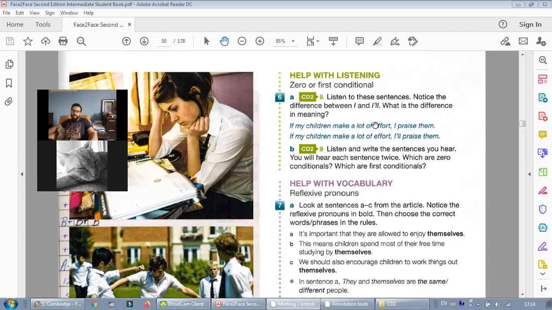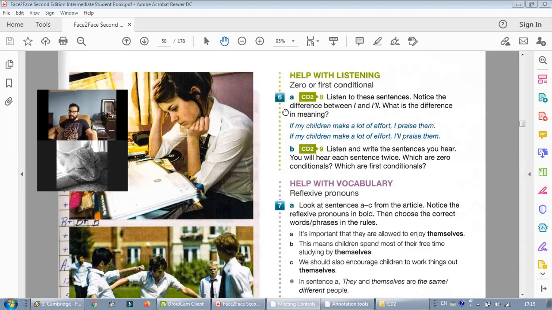The first example, this is someone who's speaking about his routine or how he normally deals with his kids or her kids. This is what they always do every time. They make an effort, they get praised. But the second one is just talking about a specific example. If the kid does this, if he makes a lot of effort, I'm going to praise him. This is the plan, at least, next time. So he's speaking about a one-time action or a one-time event. All right, so you get the difference in meaning.